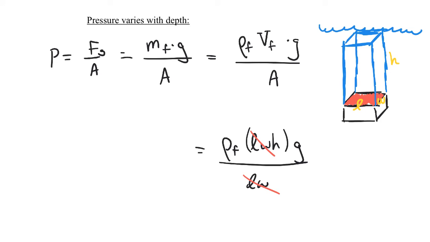that the width of the brick, the dimensions of the brick mean nothing. I can be underwater like this, or underwater like this. If I'm at the same depth, my surface area that the water's pushing down on means nothing. The LW don't matter. So all that matters is the density of the water pushing down on you, the depth,